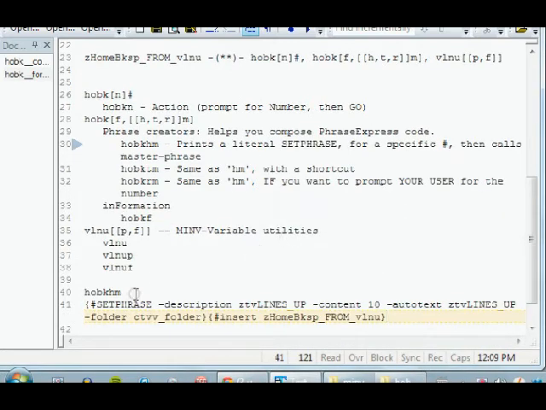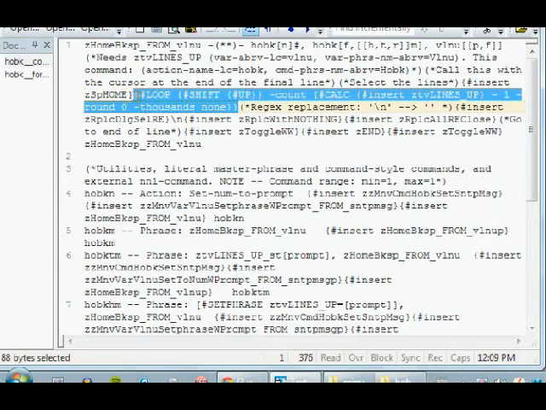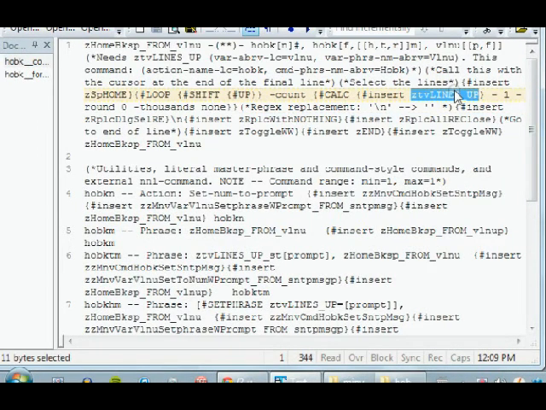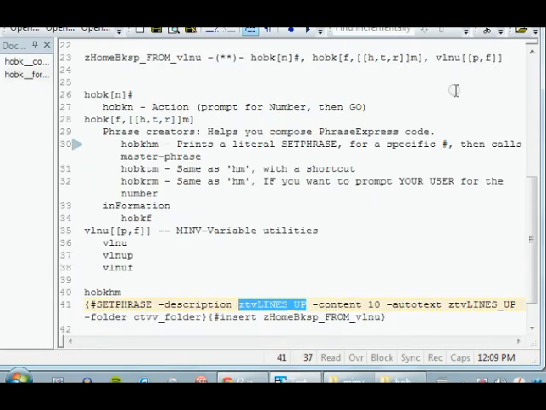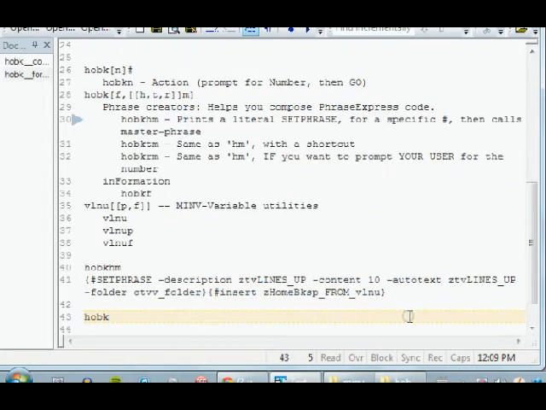Okay, so this first sets the MINV variable, which is again the heart of the loop. Here's the loop. This is the variable at the heart of that loop. So we're going to set it to 10, and then we're going to call the master phrase. Okay. Now HOBK TM